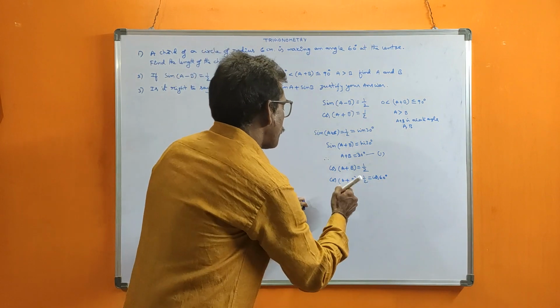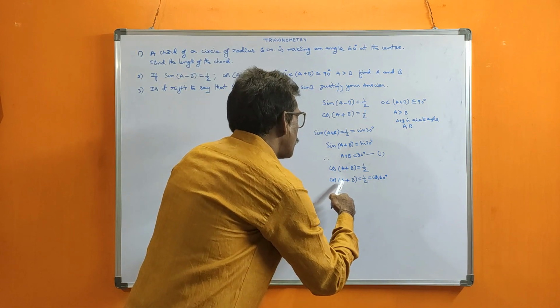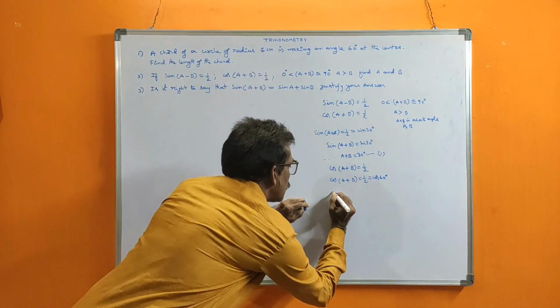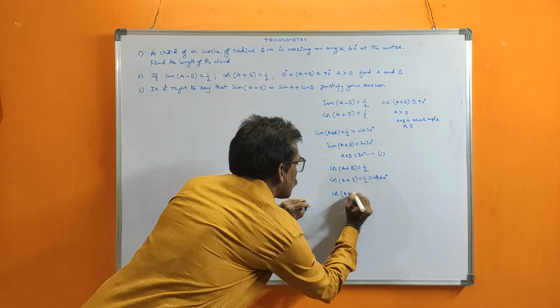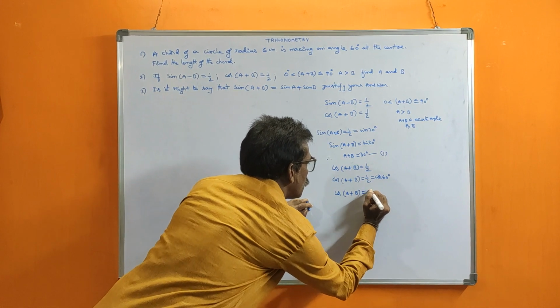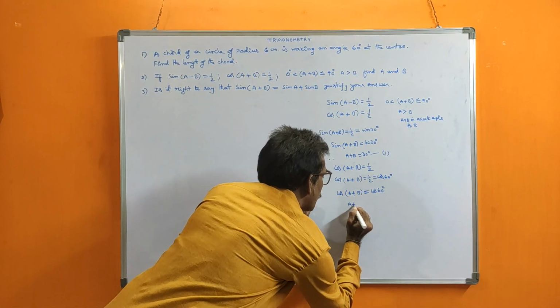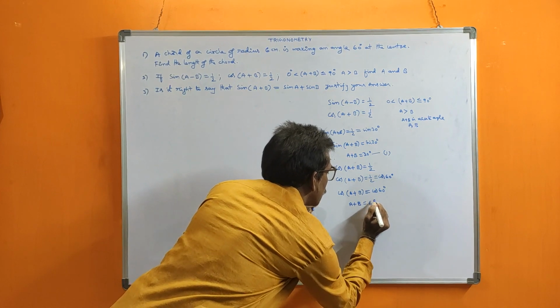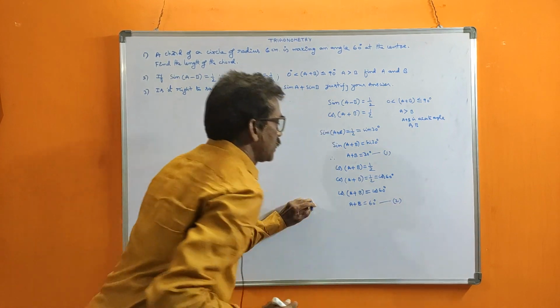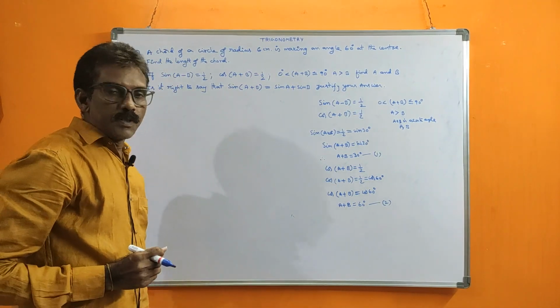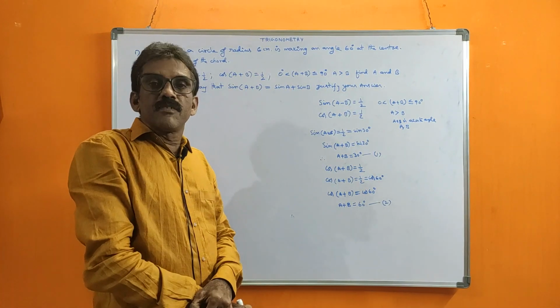So like that. Now this also equals 1/2, and this also equals 1/2. That's why these two are equal. That means cos(A+B) is equal to cos 60, so A+B is equal to 60 degrees. Take it as equation 2. In the form of equations we got the variables here. These are two-variable equations.